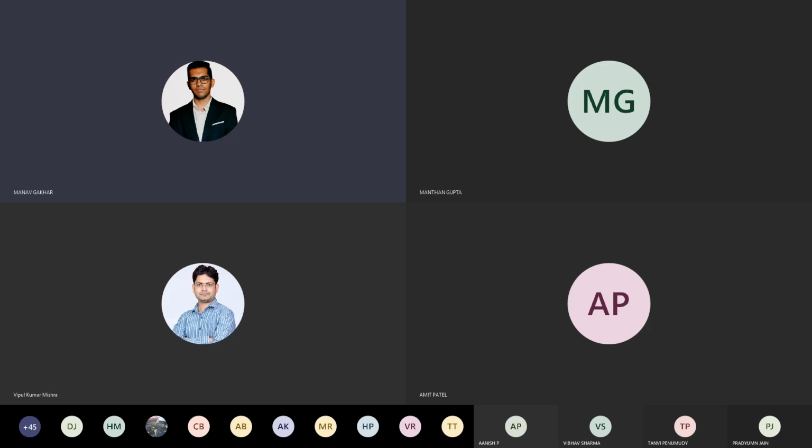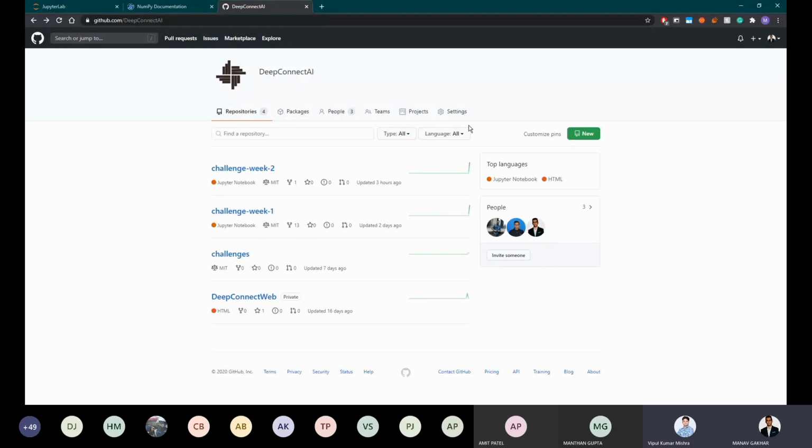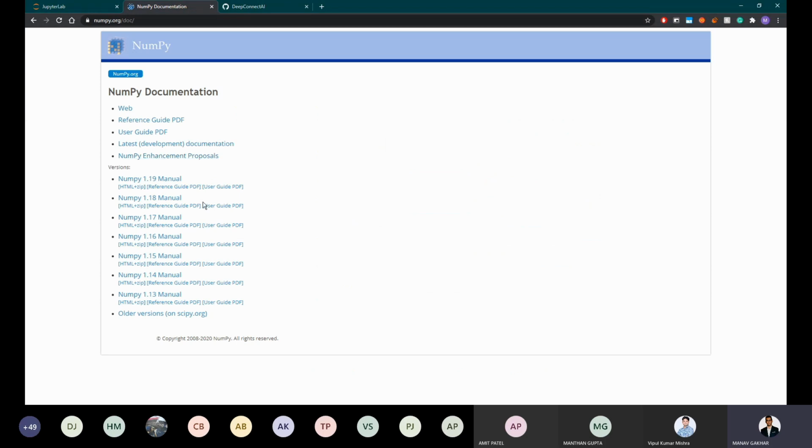So we'll start our session today with discussing the lab. Now, before we discuss the lab, a lot of you have personally contacted all three of us and faculty as well that you guys have been having trouble with a lot of the libraries being used in the challenges. And one of them, to begin with, is NumPy. This is probably one of the most popular libraries out there. A lot of other libraries have been used as well, like Pandas, scikit-learn, and even Matplotlib.